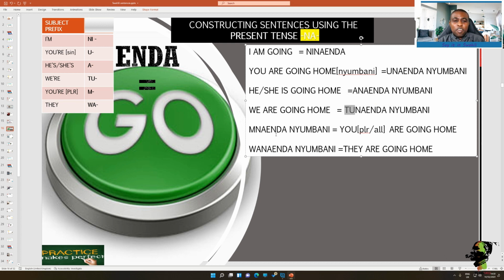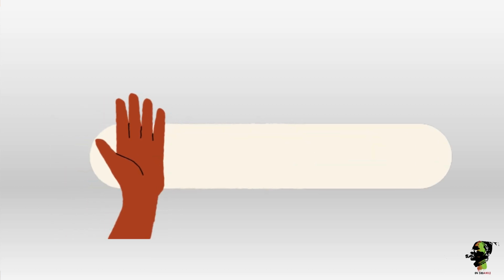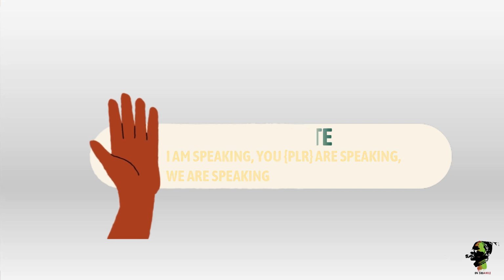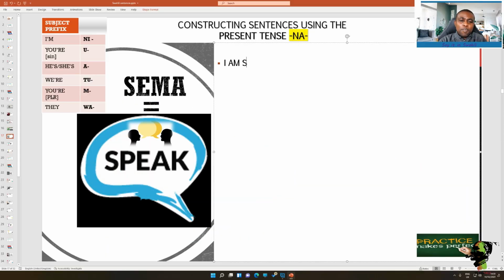And now we have switched between English to Swahili and Swahili to English, because I want your brain to start working out very well how to swap between the two together. Very well done. And we've got our last modal verb here, which is speak. Sema. Speak. Sema. And we're going to construct the first sentence, I am speaking Kiswahili. How are we going to say that? I am speaking Kiswahili. It's going to be